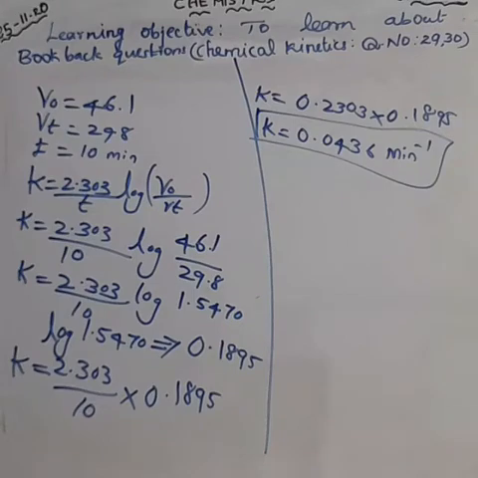Here, what is the question about? Try to understand the question. The question now: we found the K value. But next, what is the time? Where t is the time in minutes and V is the volume of the standard chemical solution required for titrating the same volume of the reaction mixture. That's the question. Next, we have to find